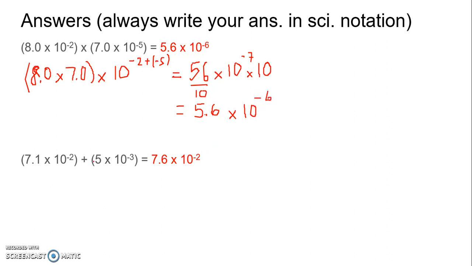So with this one, it's the same. Now it all depends on you. If you want to make this a -3, or if you want to make this -2, it doesn't matter. So let's say that I want to make this a -2. Then you have to multiply this by 10, and then you have to divide 5 by 10. So your new operation would be 7.1 times 10 to the -2